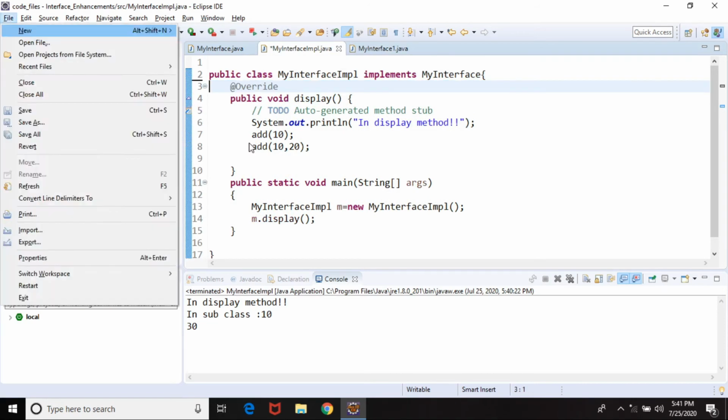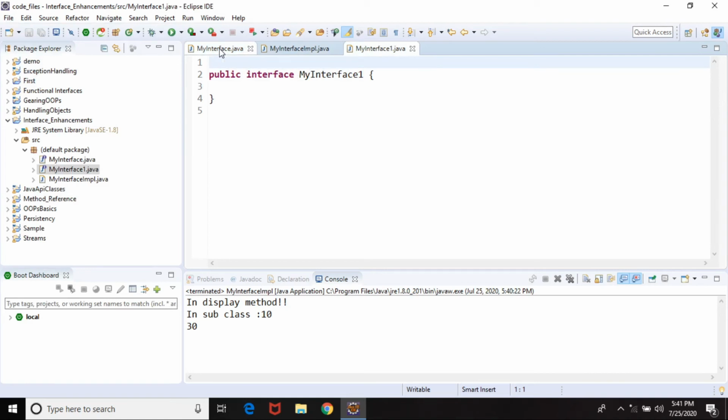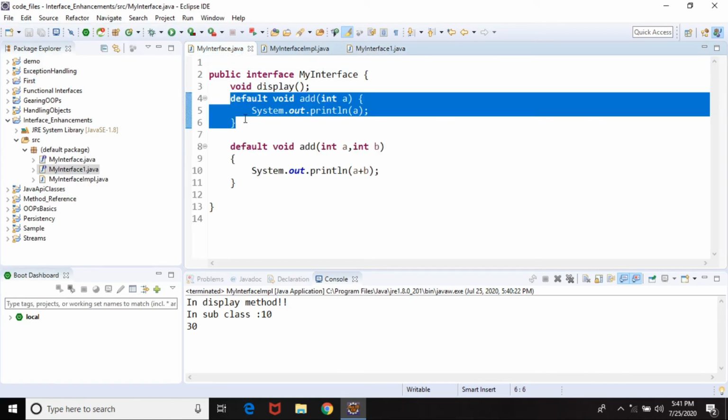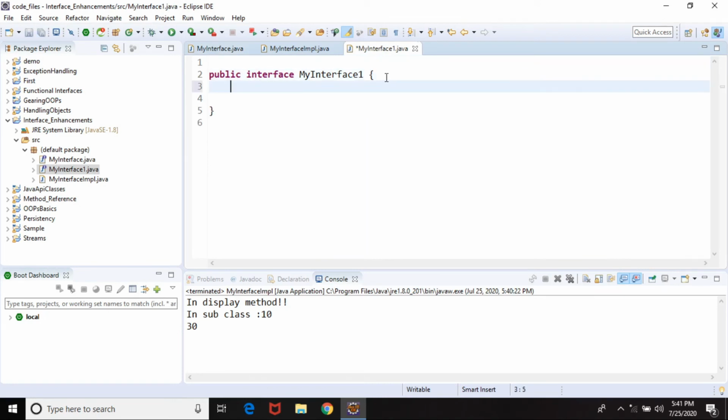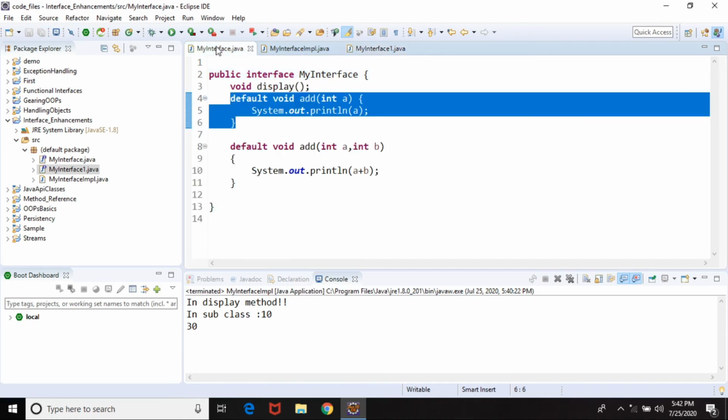Let me save this and go to my interface 1. What I'm going to do in my interface 1 is redeclare or redefine the similar method that we have declared in my interface as a default method implementation in another interface, right? So I have this add method declared and defined as a default in my interface 1, as well as declared and defined in my interface as well.